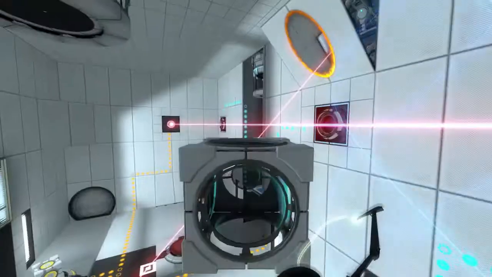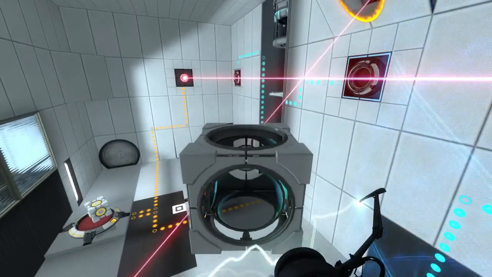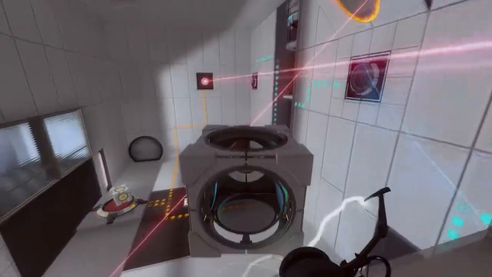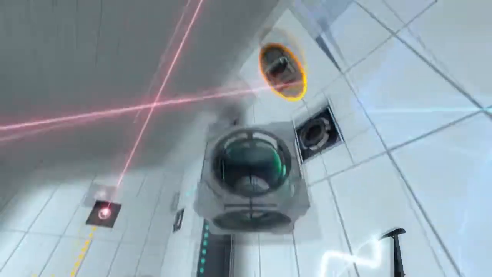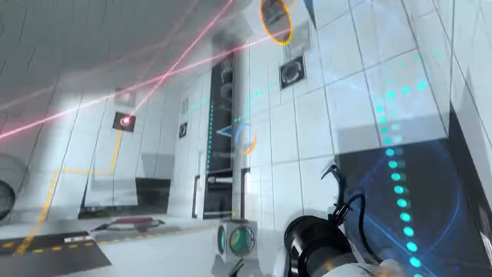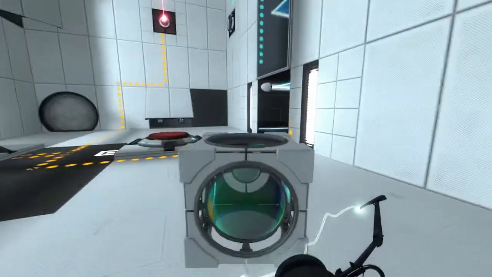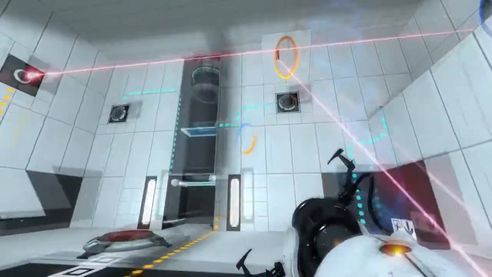I only have to activate this momentarily, though. What if... Where is the proper place on this line? Right... here, I think? Right about there, right? No, slightly back, very slightly back. Okay, so right there, make sure it's aimed properly. Place it down. Then...